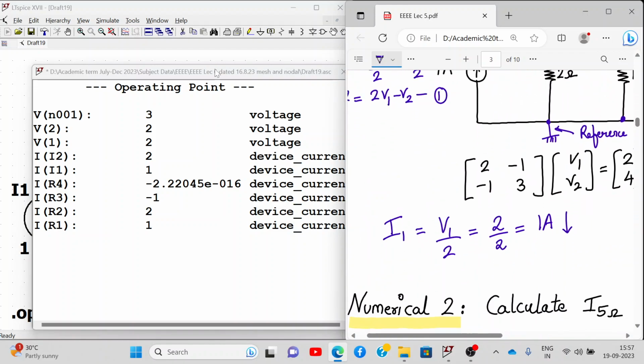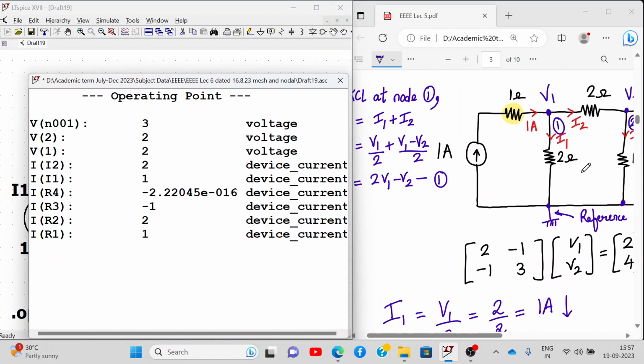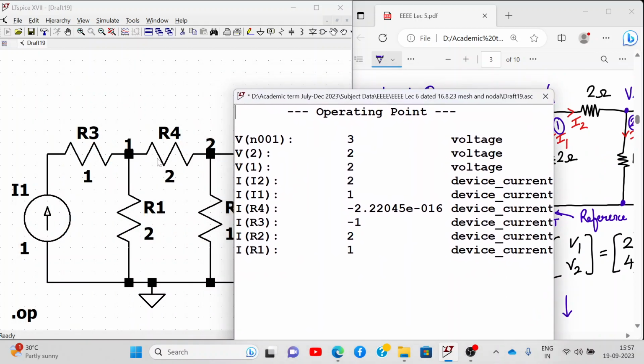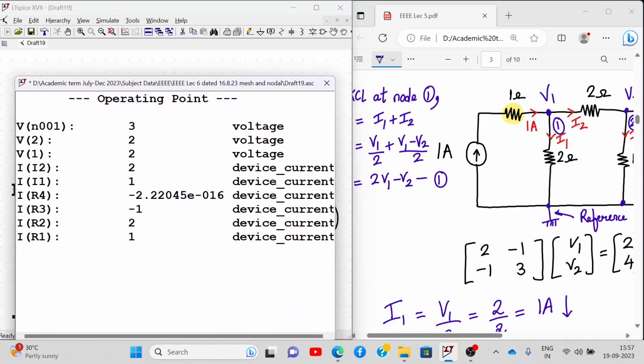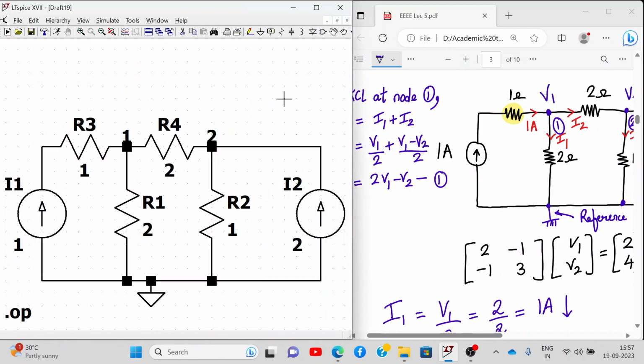Also the current I1 is flowing through the 2 ohm resistance. So current I1 is this, here it is I of R1. So I of R1 is 1 ampere, as you can see clearly. So it's showing perfect answers, LTspice. All right, so let's go to the next numerical now,